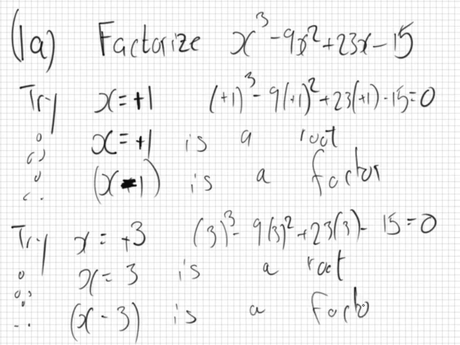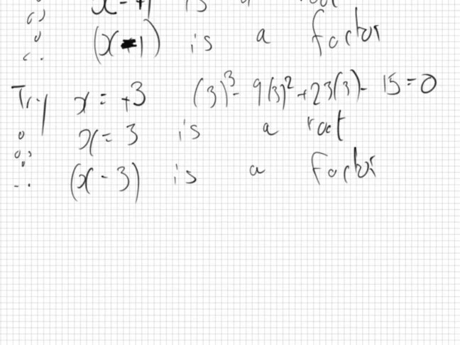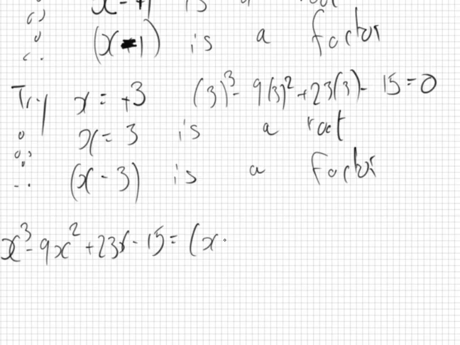Now, normally you only get 1 root by guessing. But in this example, we were able to get 2, if you go from minus 3 to 3, if you check them all. So actually this makes things much easier because we don't need long division to finish this. Because we know now that our cubic, x cubed minus 9x squared plus 23x minus 15 equals x minus 1,